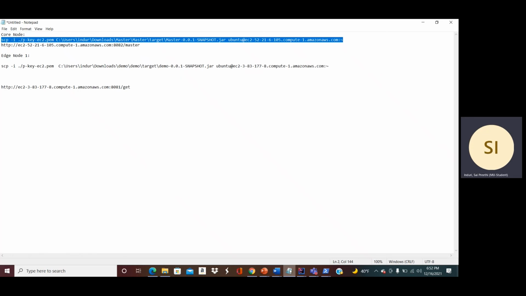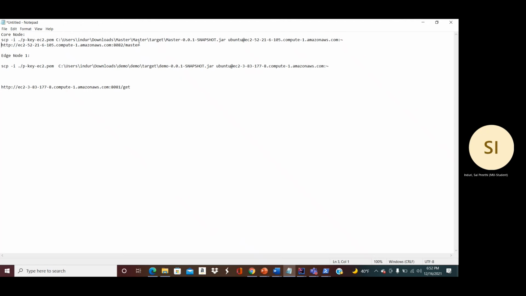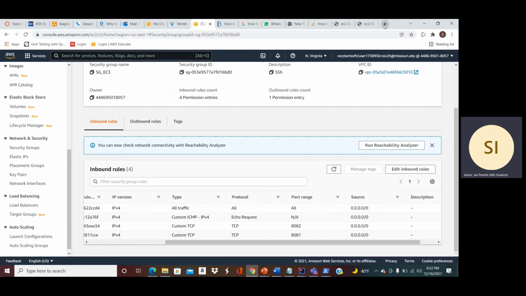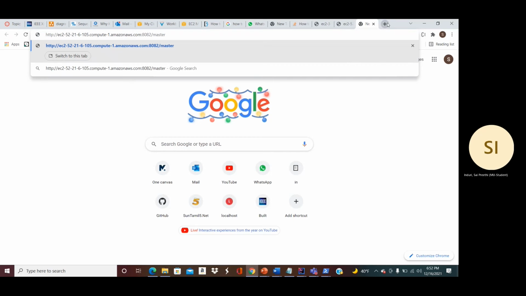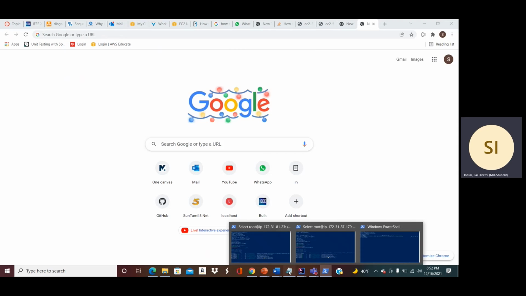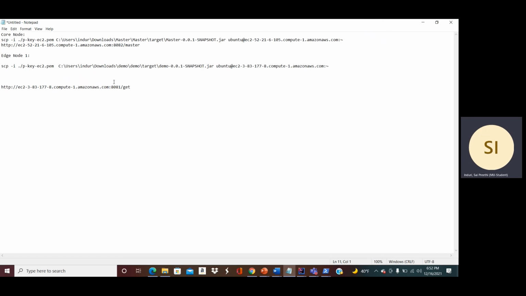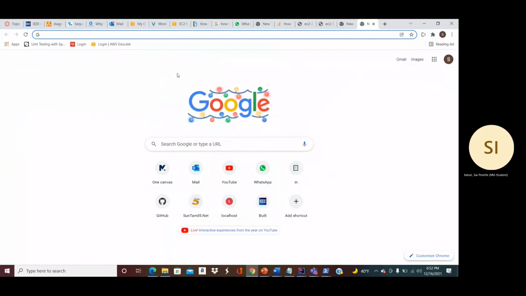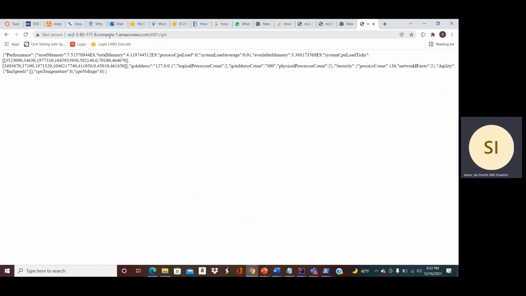Using their local DNS server name, we'll try to open that application. First, we'll be running the resource monitoring application, which is deployed on the Edge Node 1.